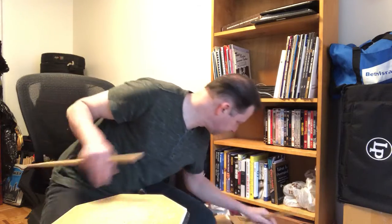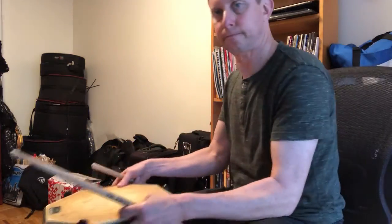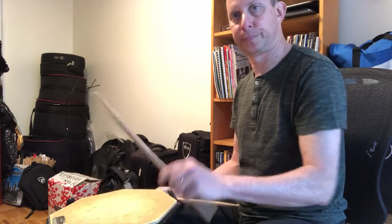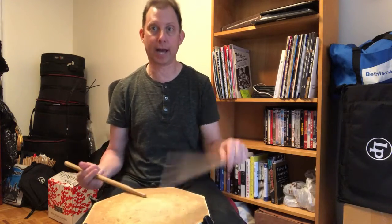If I turn this way, you can see the wrist release, very small. Now, where this stuff gets tricky is where your backbeat comes in. So 2, 3, 4, that's one idea,